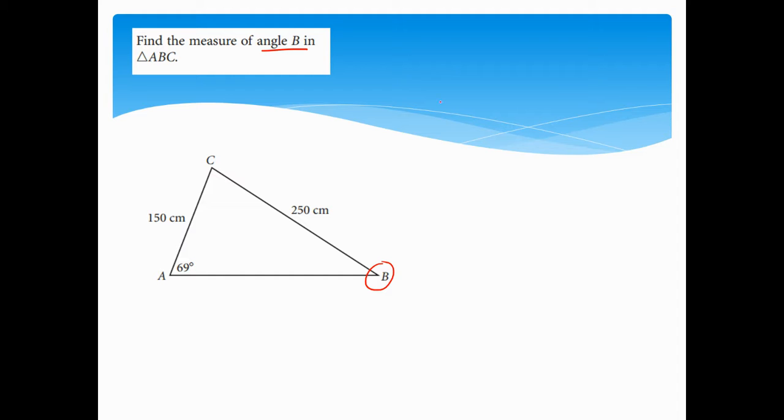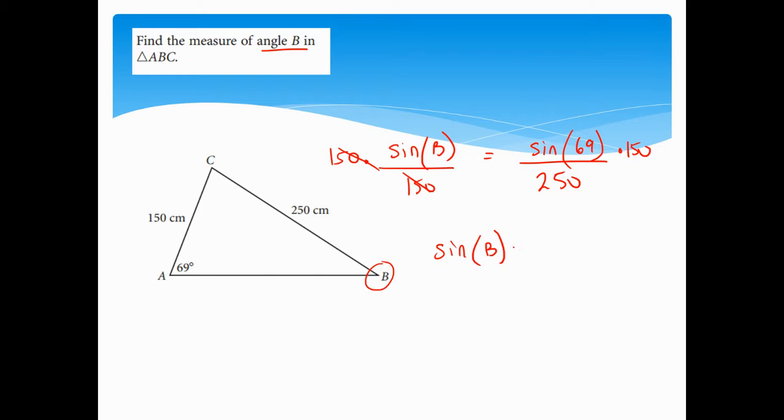So missing angle B. So first thing I would do is do sine of that angle B and then search for the side that's directly across from B, which is 150. And then plug in the other angle we know and the side directly across from that. So again, we're not using C. In this case, we just need A and B. Now, this equation, we don't have to cross multiply either. I can just multiply both sides by 150, and I get sine of B equals,